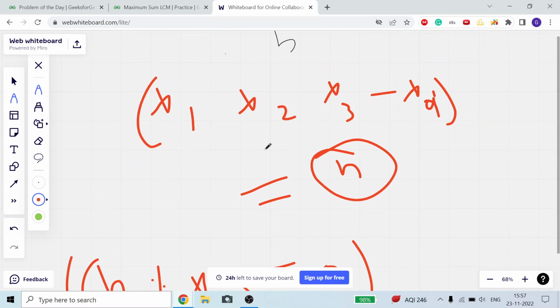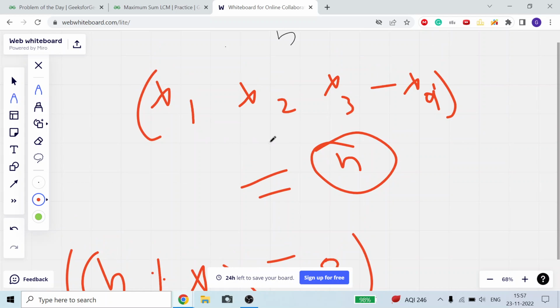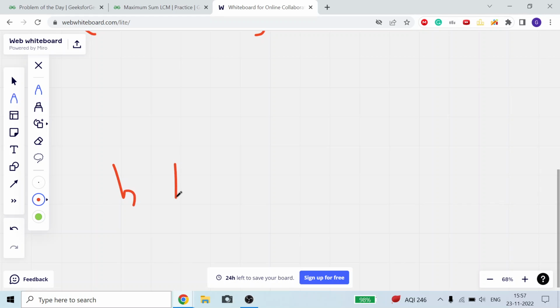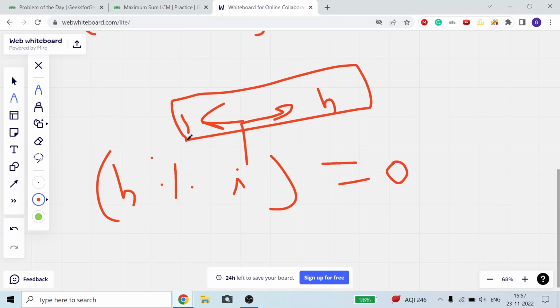Okay guys, so now because I have to find the maximum sum, I will select all the numbers by which I can divide my n. That means I will select all numbers i for which n modulo i is equal to 0. What can be the range of i? The minimum number for which n modulo i is 0 is 1, and the maximum is n. So between 1 and n, all the numbers that divide n, meaning n modulo i equals 0, I will select.